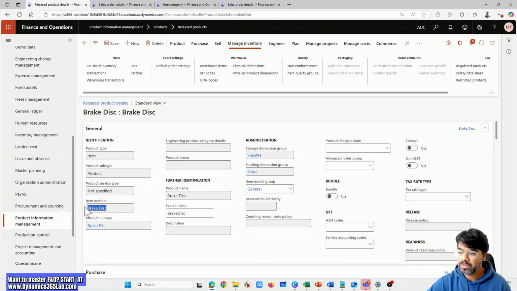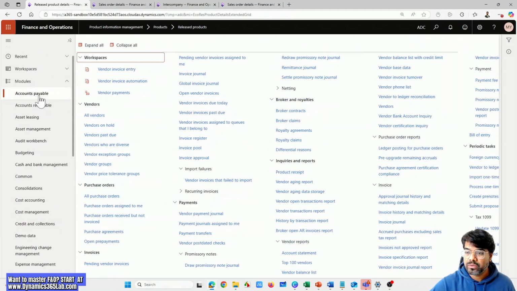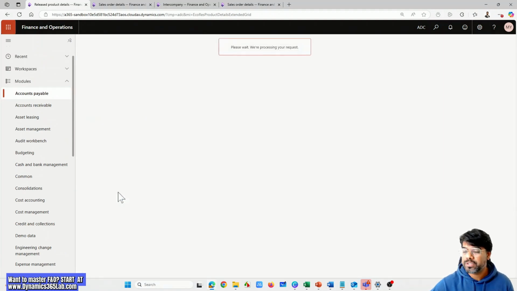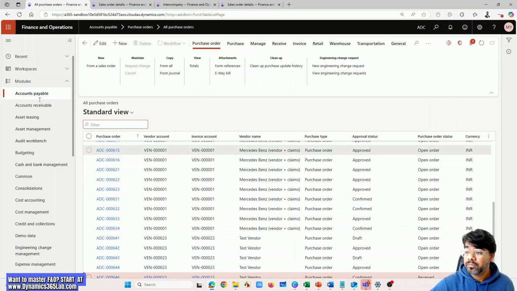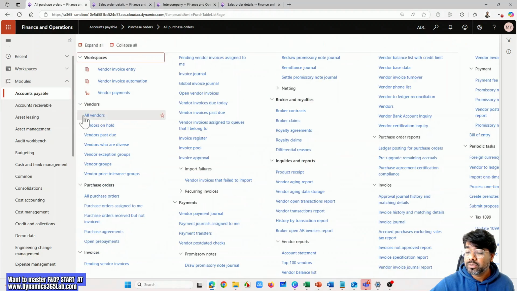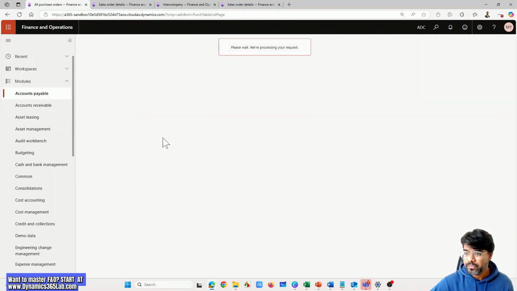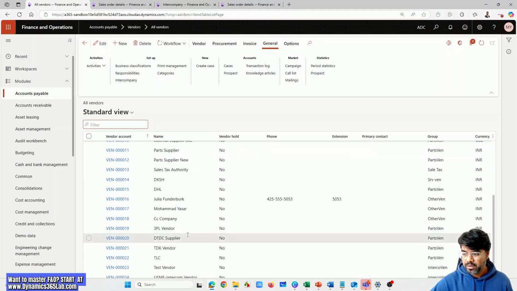Let me copy the part number, and now let's go to accounts payable, all purchase orders, and create a purchase order. This is going to be the intercompany purchase order. Before that, I would like to also do one small thing in the vendor. I'm not sure whether the workflow is enabled. Usually whenever the purchase order is created, the system automatically creates a sales order on the other side. But